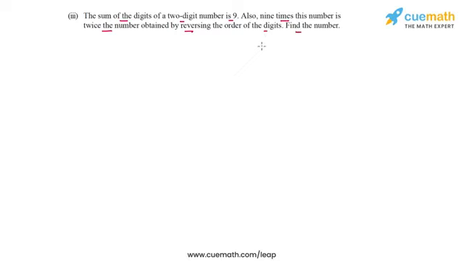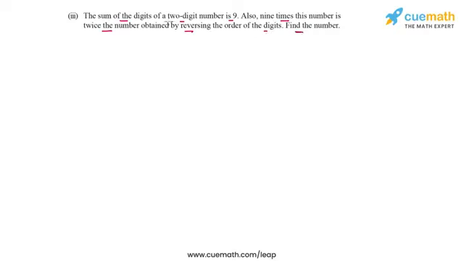So at first glance, this problem statement may sound quite confusing. But the secret to solving such problems is to carefully read through the statement, deconstruct it, and make the linear equations step by step. And you will find that even in this case, where it's seemingly confusing, the actual equations are really easy to set up. So we have to find the number, and the two unknowns in this case are the 2 digits